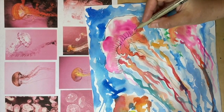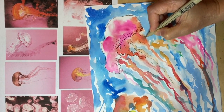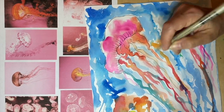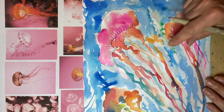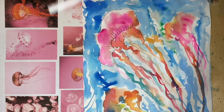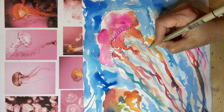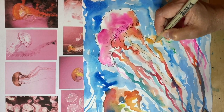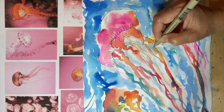So I don't know if you noticed, but I'm using the shape that I drew or painted with the watercolor. Now you can make these lines with the straw if you like, if you want to make those lines with the straw. And blow and make them look like they're in motion. This is a good way of making them connect